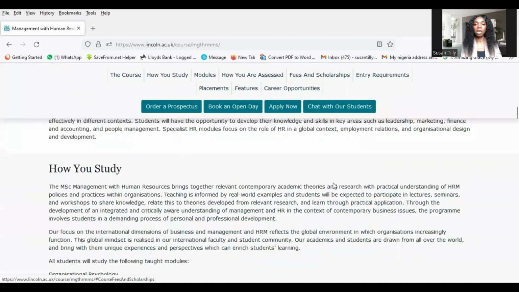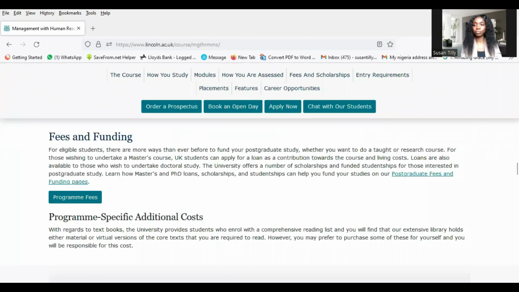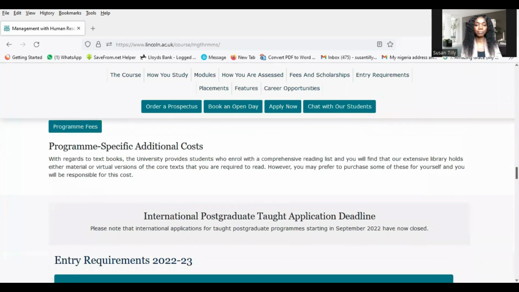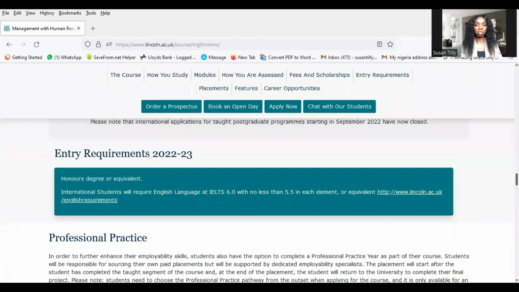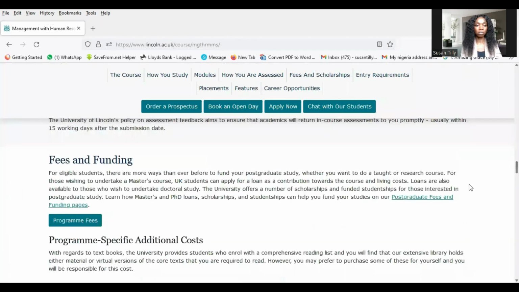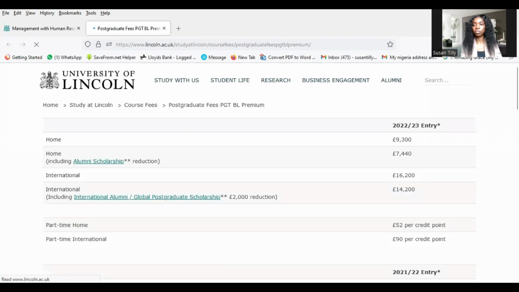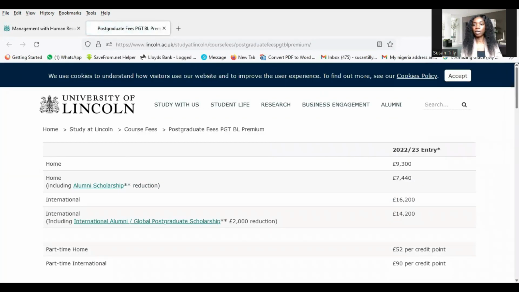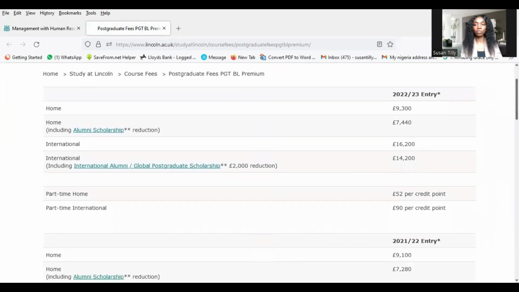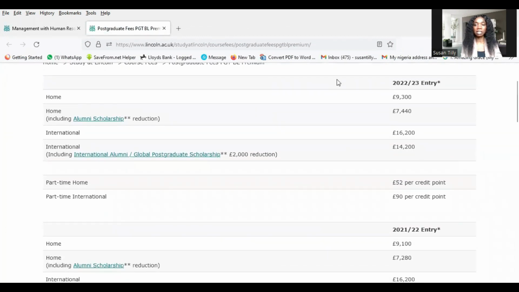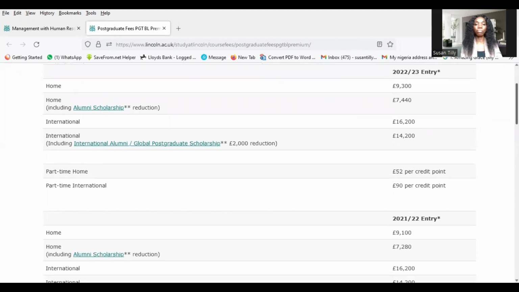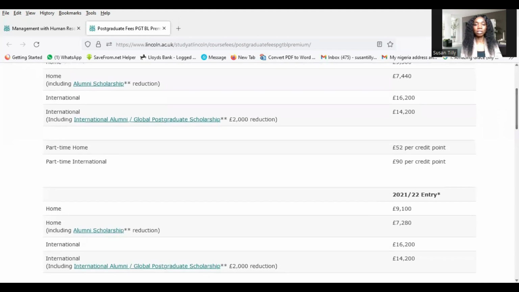So let's look at the fees for this particular course. So fees and funding. As you can see here, they have two different types of fees. That's for home students and then international students. So you will be looking at international students. So as an international student for this course, you'll be paying £16,200. Yeah, I know that's